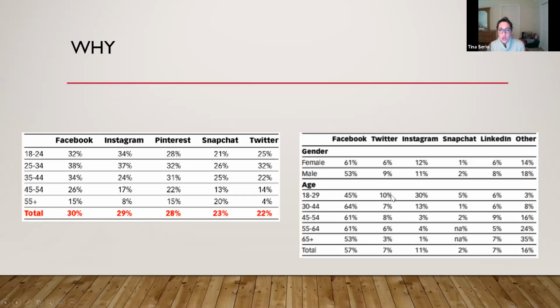Okay, so this chart, a lot more numbers here, but this shows which social platforms internet users use to keep up with brands. So these are the different platforms that people that are on the internet are using. So if you're looking in the Facebook column, 57% of internet users will use Facebook to keep up with what businesses and brands that they are interested in are doing. So huge, 57%, right? And then again, you can follow the line to your target audience. If you have more females versus male, look in that row, and then the ages below.